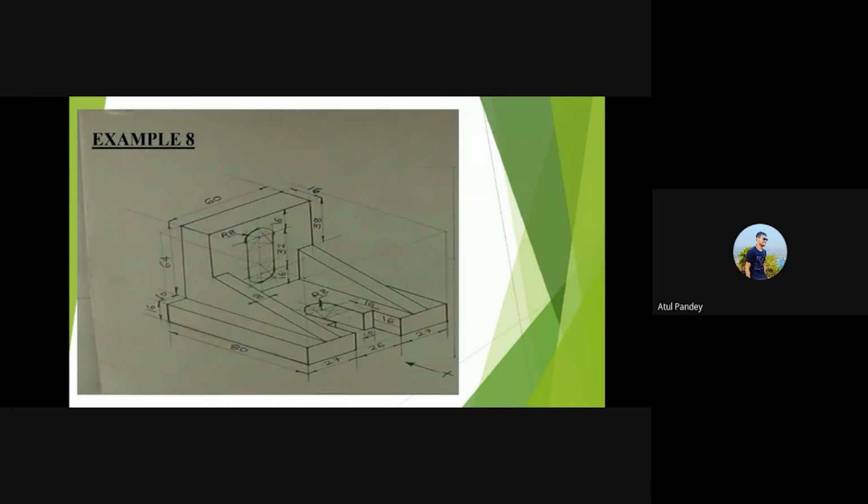Hello everyone, my name is Shailesh Pandey, roll number 34. Today we will deal with this example. As you can see, for the front view, if we see the body from this side, we have to draw the front view. Here the length, height and width, all three are 80 millimeters. So we will draw the axis first. Then we have to draw length, breadth and height, as you can see, 80 millimeters.